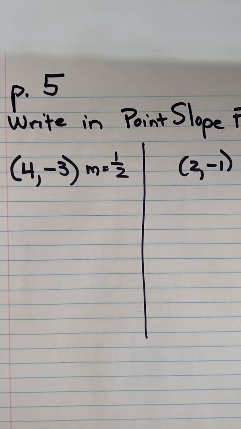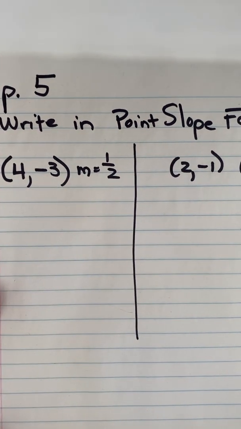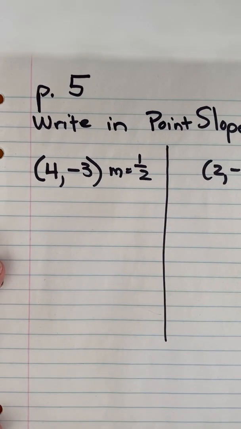Okay, so let's turn to page 5 in the chapter 5 packet. And I want everyone to try to do this do now, A and B. So this is A, this is B. Try to do it. Stop the video, do it on your own, and then start the video and see if you did it right. So for A,